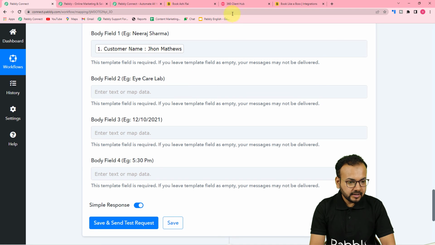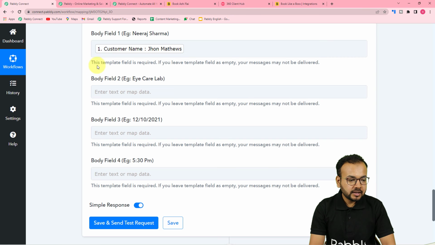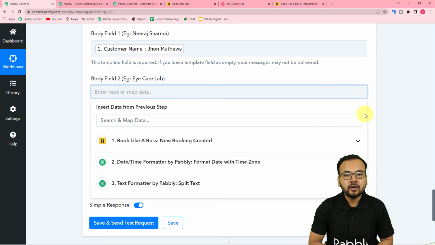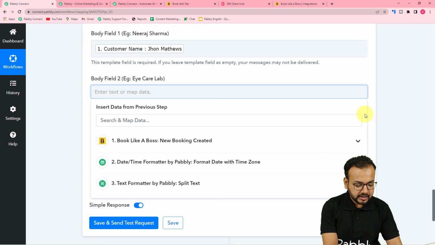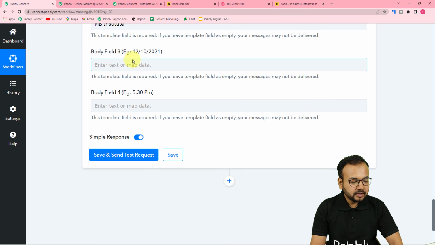For the second body field, let me check what is the second body field. A quick message from. Okay, so here you can give the name of your firm, your business. As we have taken the example of a teacher, I'm putting here the name of a coaching institute or tuition, whatever. So I'm putting here MB Institute. Okay, and in the third body field,